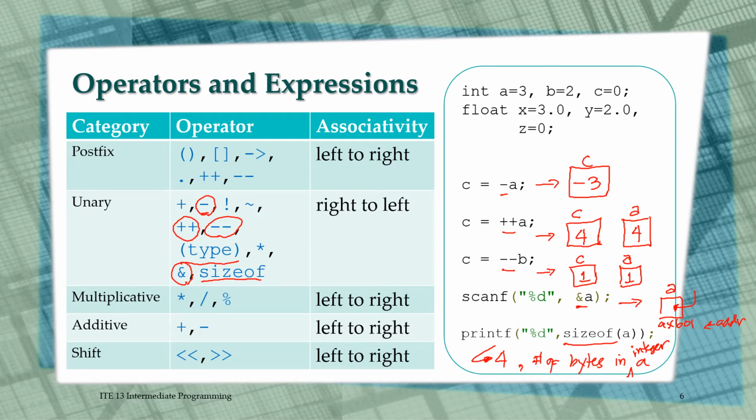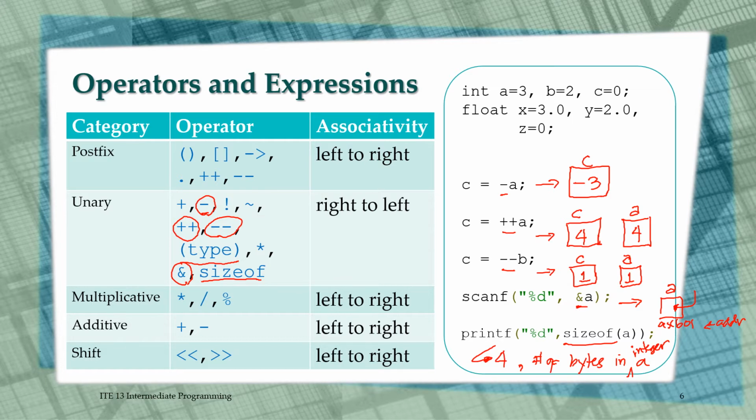The second category of operators is the unary group. This group of operators acts upon a single operand to produce a new value. This means you can use a unary negation operator to have a negative number. Say A equals 3, then negative A yields negative 3. Other operators under this group are as follows: unary plus, logical negation, one's complement with a tilde character, prefix increment,